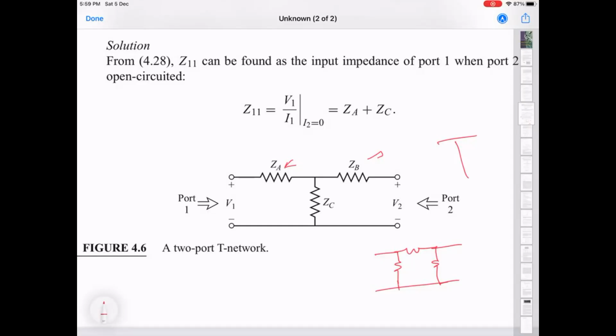So this is sort of the equivalent of the Thevenin and Norton equivalents you have studied for circuits. It's basically something similar to that. Okay. So here in this example, they work out what Z11, Z12, Z21, and Z22 are for a specific circuit